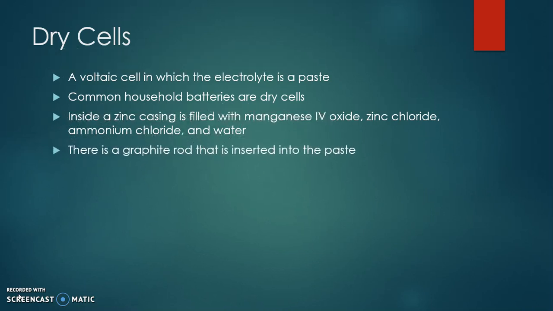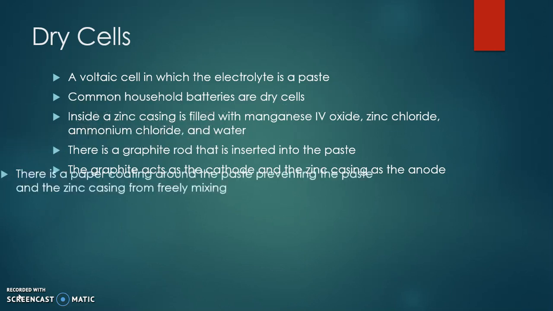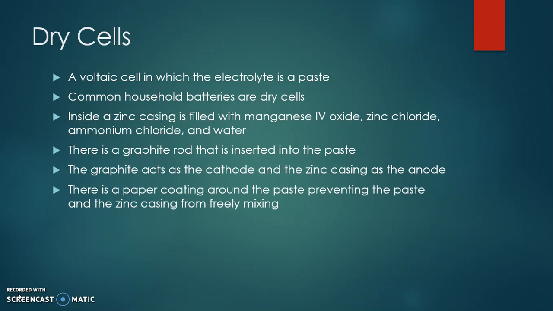So we have a graphite rod that is in the middle, inserted into the paste to allow electrons to flow, but it's not going to be oxidized or reduced. What's really happening is the graphite is acting as that cathode, again, just carrying the electrons. The zinc casing is the anode. It's going to be oxidized into zinc oxide, where the manganese(IV) oxide is going to be reduced down to